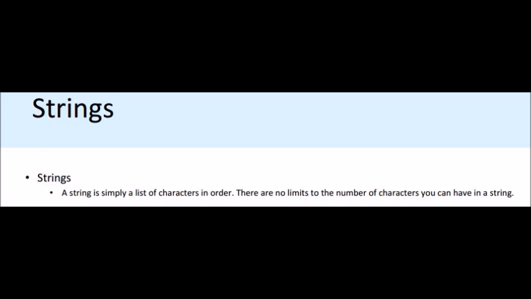So you should not put any limit on the number of characters, and you should not say that a string must contain this number of characters. It may contain an infinite number of characters. Let us study the string, how to create a string, and how to do concatenation. We'll study it on the demo screen here.